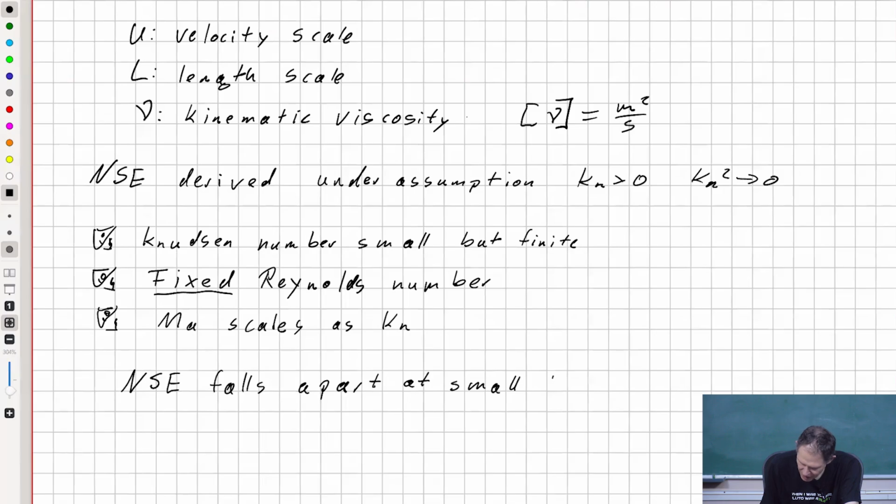And for this, you may think about re-entry of spacecrafts and something like this, very high and rarefied gas and so on. So there it's clear this small Knudsen number thing falls apart, but